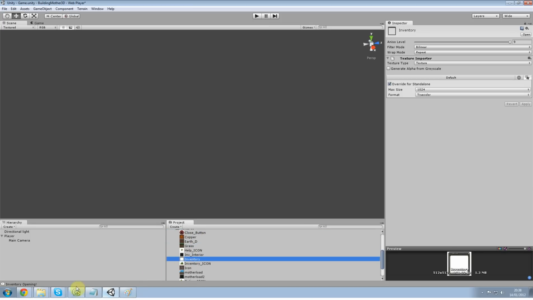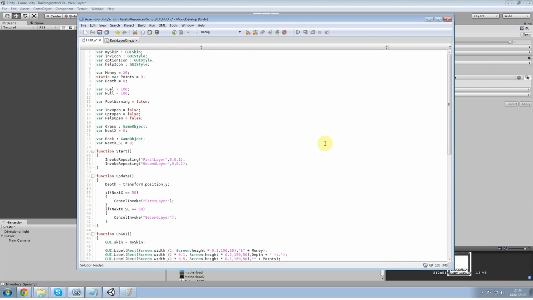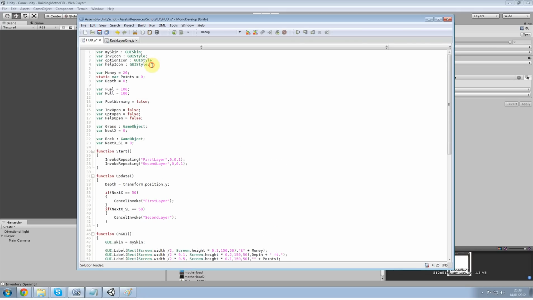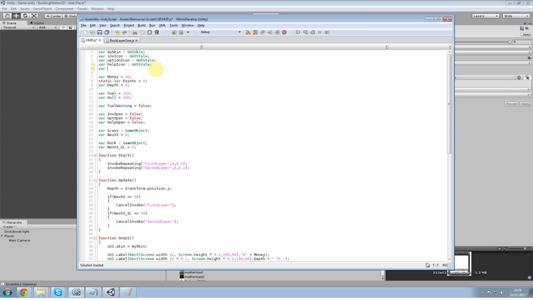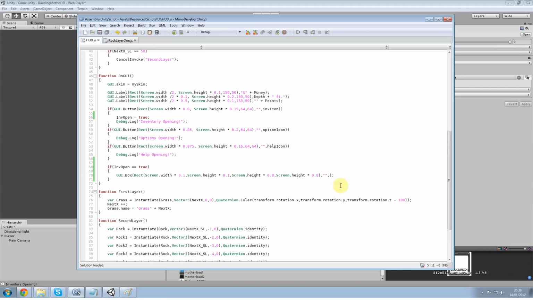Okay, and if I go to my inventory, I'm going to delete that name, and I'm going to pass through a new, I'm not sure what it was. This is a box, so inv icon. Alright, I'm going to create a new inv box GUI style and pass that through down here. Okay,